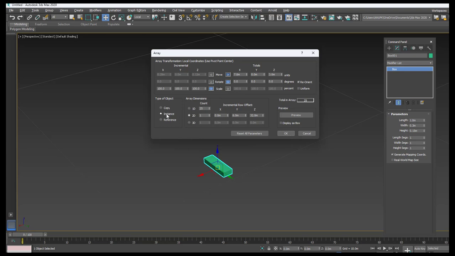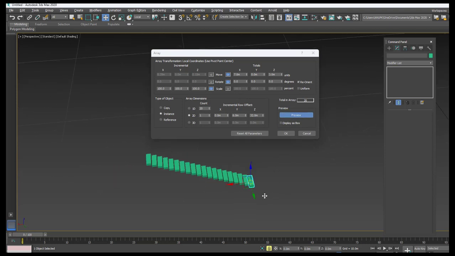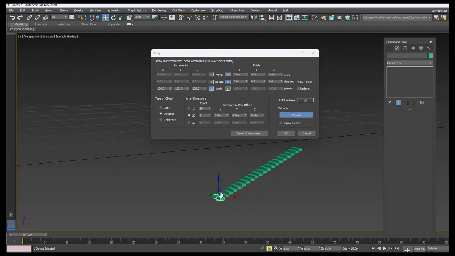For that you just click on the instance option because the staircase is the same, and then you can give the number of staircase steps, how many you want. To reach 3 meters we need 20 or 19 or 21 steps depending on what riser we consider. I go with 20 steps and then I click on the preview option to get it. So here is how you can get a copy.